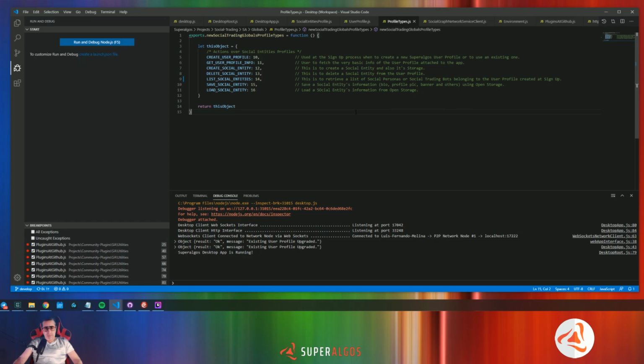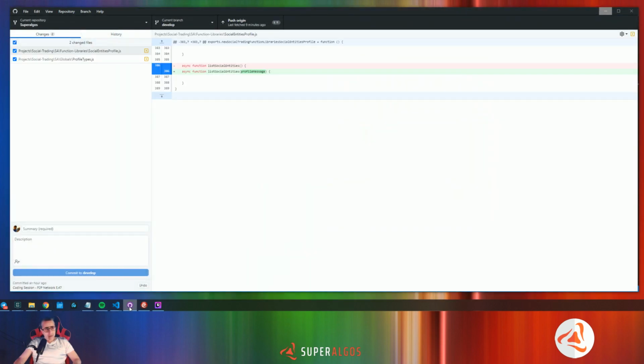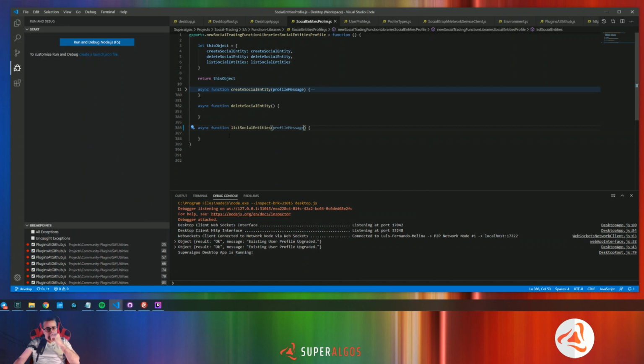Then the place we're going to do it is at this module. We already have this functions created. Now we need social entity here. We put this message. Make ourselves sure that we have this clean. And we're going to list